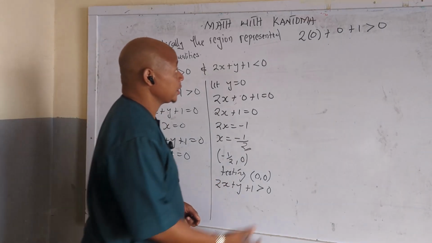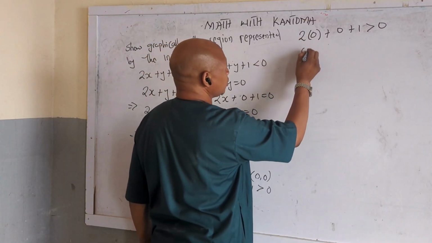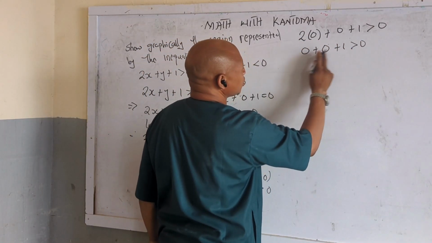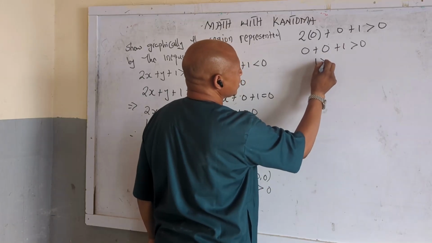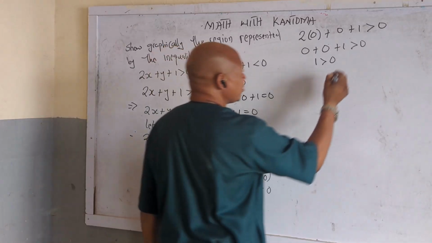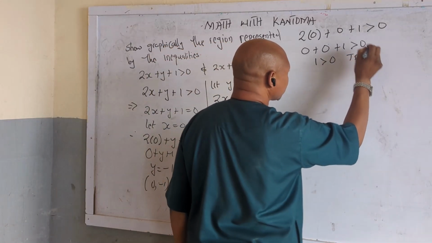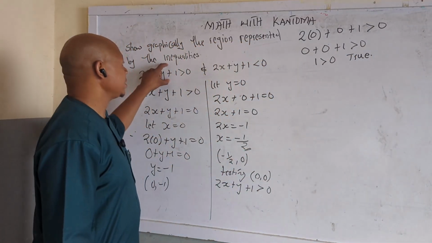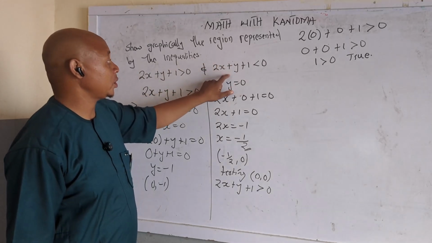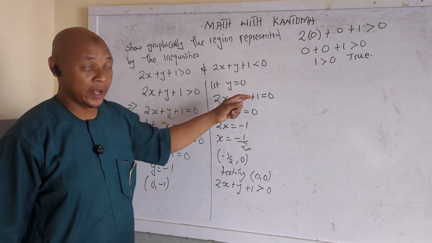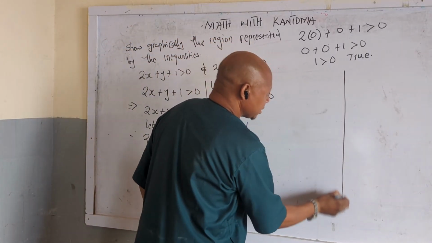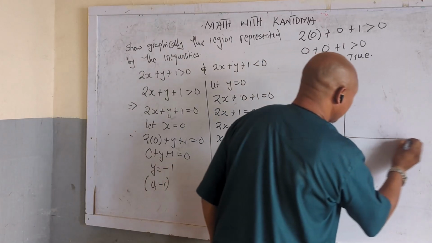Substituting, 2 times 0 is 0, plus 0 plus 1 gives 1. Is 1 greater than 0? Of course 1 is greater than 0. So we say this is true, meaning this inequality is satisfied. But if you substitute x as 0 and y as 0 in the other inequality, we notice it will be false. So now, if we are to plot our graph,